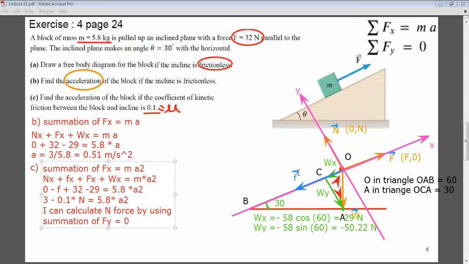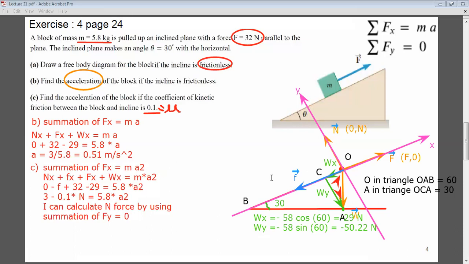So just before I continue, this friction force is minus f, right? Now I have summation of Fy equal to 0. So I have Ny plus Fy